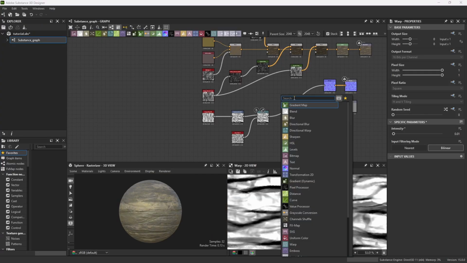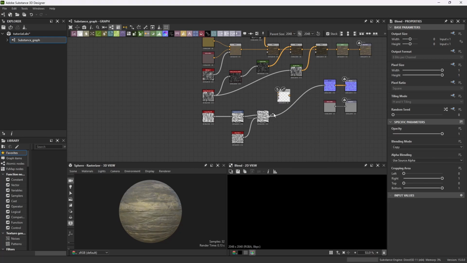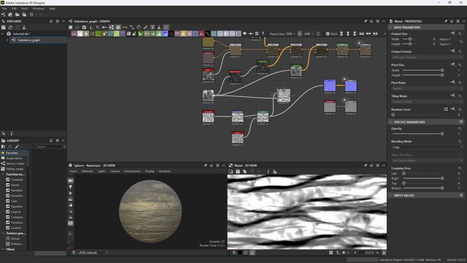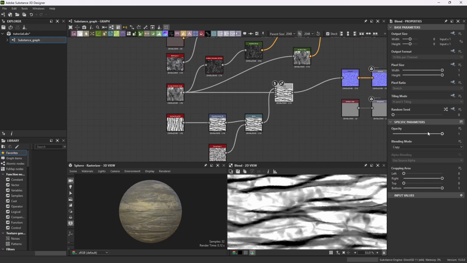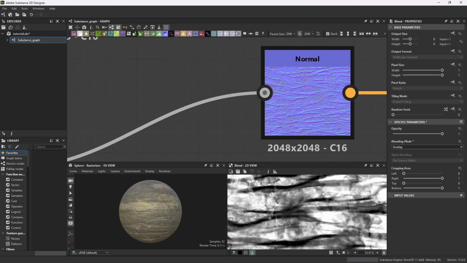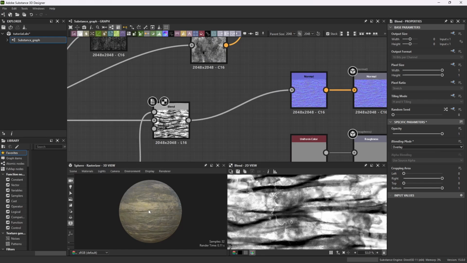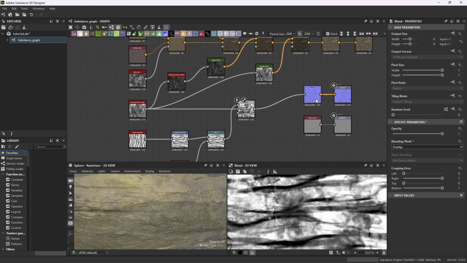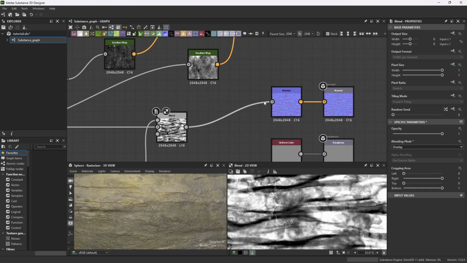So hit the space bar, hit blend again, and we're going to blend this one over the top of this one, and then we're going to plug those into there. I might actually do a different blending mode. Let's just do overlay. Okay. I'll put them both together. You can see our normal, and you'll notice it's kind of what we want,